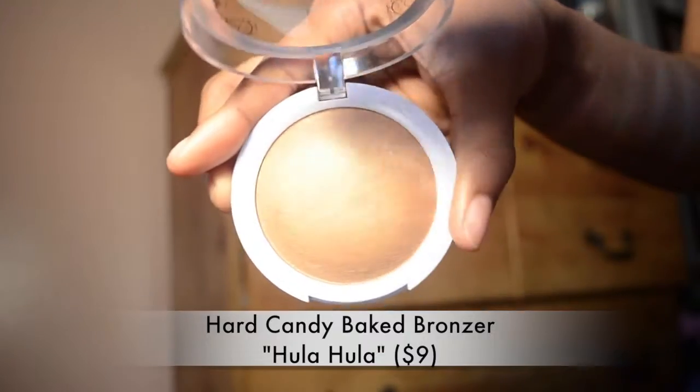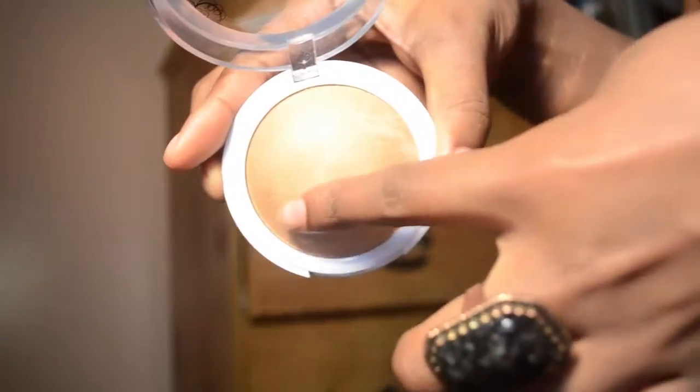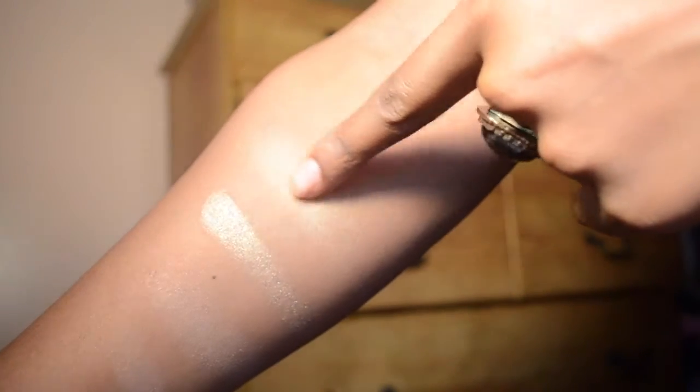This one is my go-to everyday highlight. When I'm not really feeling the huge sparkles, don't get me wrong, I love me some sparkles. But when I'm trying to get a natural sheen that's really gonna bring out my golden yellow undertones, this is the one I use. It's more on the sheeny side than the glittery side. Now it has glitter, but they're really refined and small,